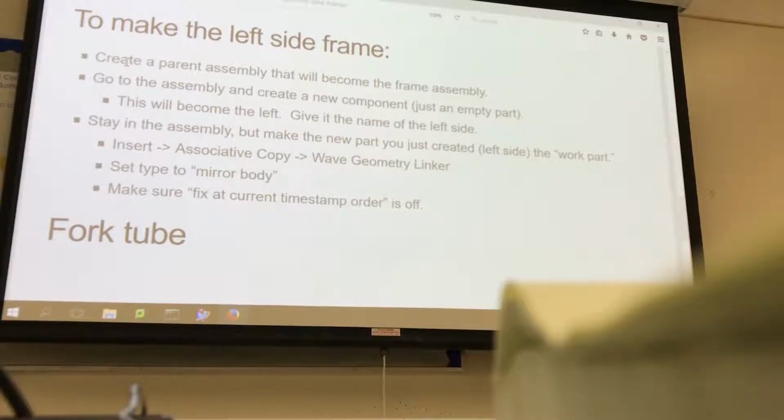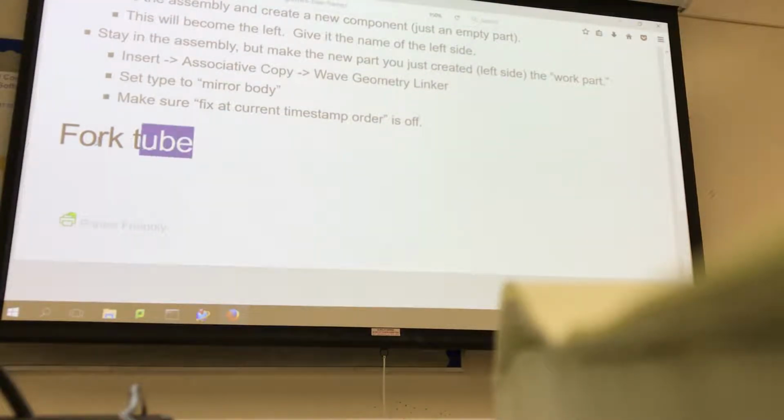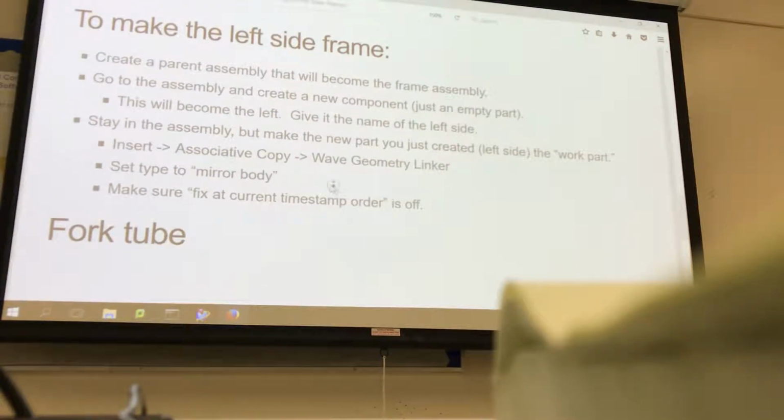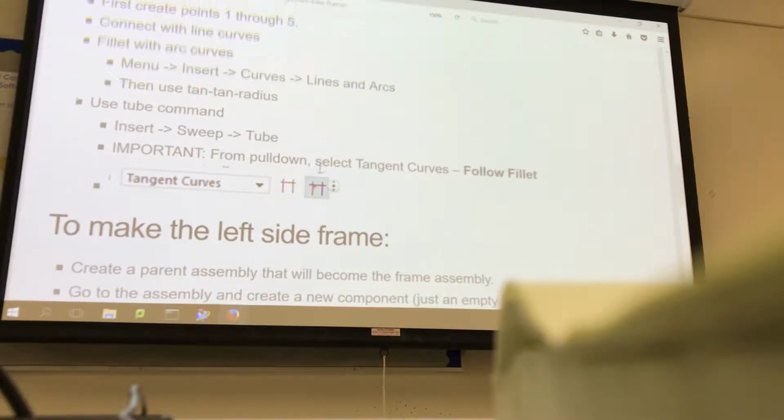What you'll do is create a new part, and then you'll use for the first time this semester this wave geometry link. So what this does is this actually goes through and finds geometry in one file and brings it into the other file and lets you use geometry that is associative, that will update when the other changes. All right, and we'll leave off the fourth tube. We'll do something like that later. But for now,